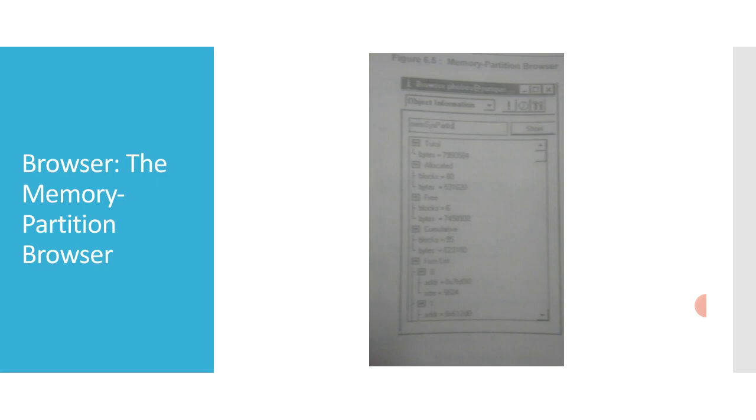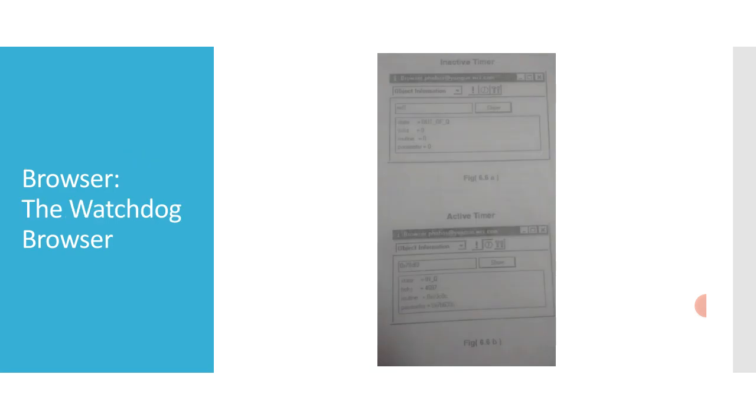So let's move on to the Watchdog browser. We have an inactive timer and an active timer. Before you start a timer, the display resembles the one on the left of the figure, the topmost figure, that is the inactive timer. Only the state field is particularly meaningful. However, after the timer starts counting, you can see in the active timer figure below the number of ticks remaining, the address of the routine to be executed when the timer expires, and the address of the routine's parameter. Then one more is my favorite, the kernel class browser.